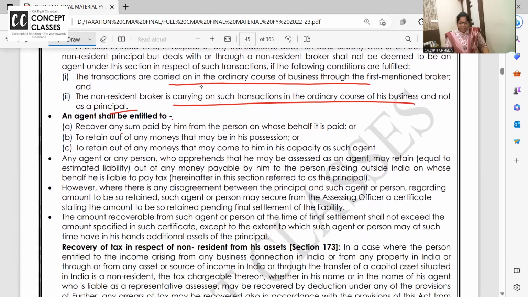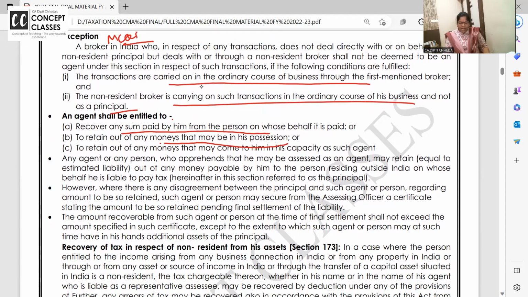Agent shall be entitled to recover the sum, to retain the money, and to retain out of money that may come to him in his capacity as agent. एजेंट ने कुछ बिजनेस आपको प्रोक्योर करके ऑर्डर लेके सब करके दिया, तो एनआरआई, if you are not paying the tax, agent can withhold that money, which he is liable to pay as tax on your behalf. ठीक है,